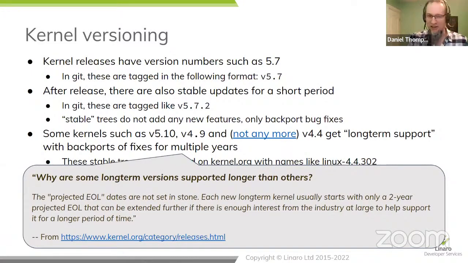I think I've already explained this, but when a new long-term kernel is created, it's given a 2-year projected end of life, but many long-term kernels have an extended life added to them to make it up to 4 years. The result of that quite often is that the most recent long-term stable will appear to have a closer end of life than a later thing. That often causes people to adopt the older release unnecessarily, because they want the one with the longest supported date on it. That's usually a mistake, because quite often the long-term dates will be extended. But in any case, if you are interested in the durability of any particular release at the moment, that's where you can look to find out.